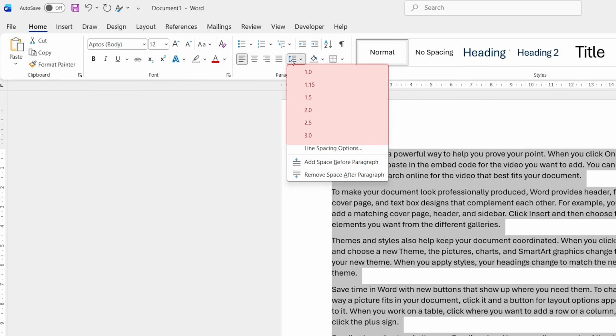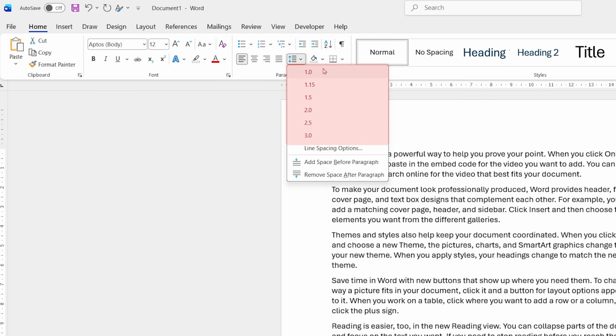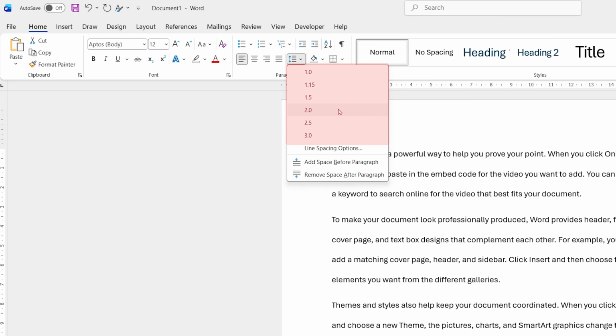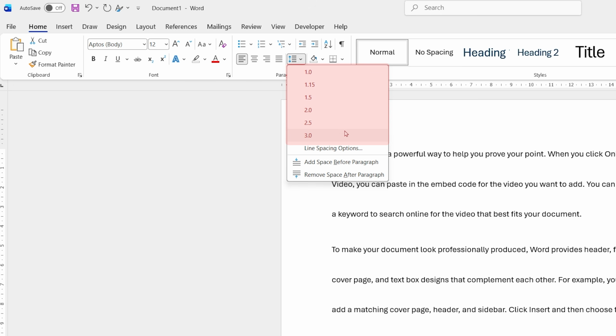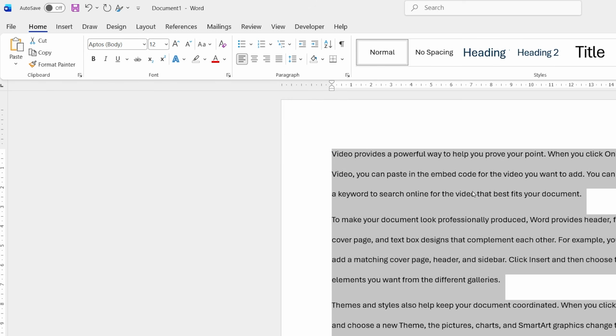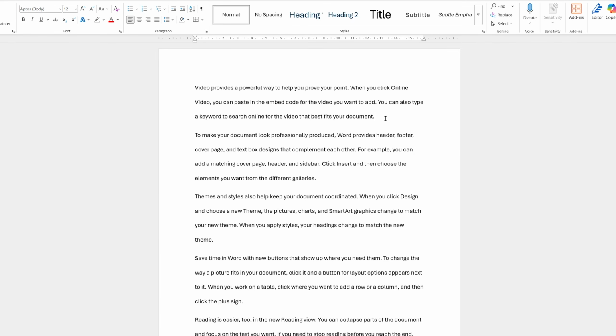It will have 6 default options: one line of spacing, 1.15, 1.5, 2, which is double line spacing, 2.5 and 3. For most people, they look for the double line spacing. Click it once. If you're like me and like to know the shortcuts and how to do that even faster,